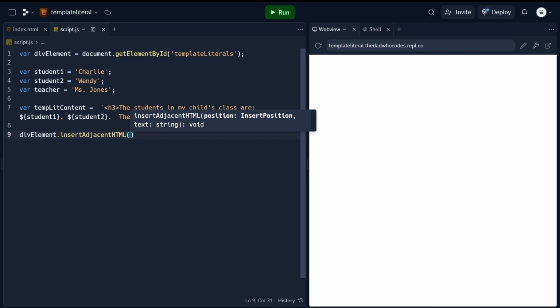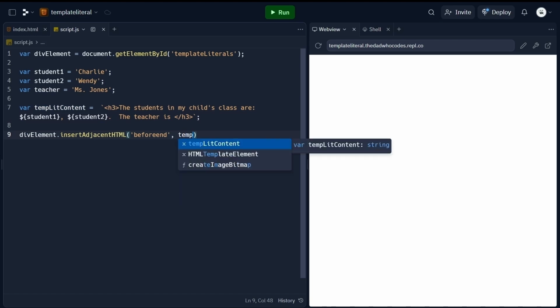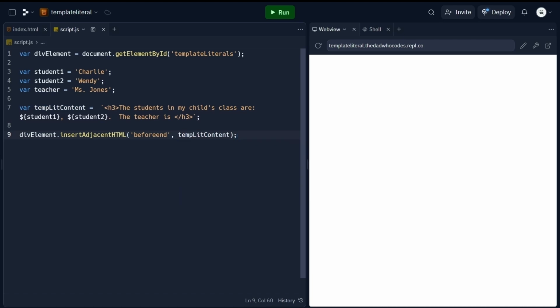Next, we're going to enter in a position. So I'm going to use before end as I did before. And then we're going to enter in the content, which is temp lit content, and semicolon to close off this function. Next, let's quickly reload this Replit application, and we can see our string up here with student1 and 2